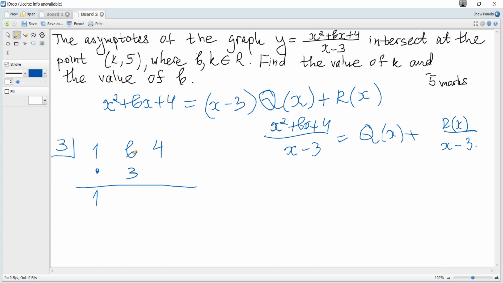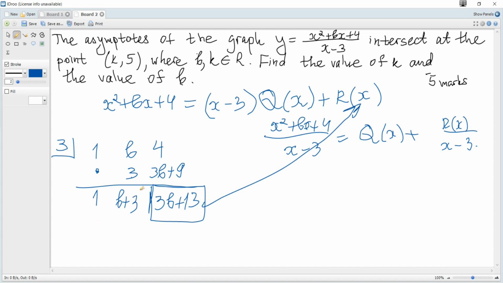It's 3. b plus 3, add these values. Again, this multiplied by 3 and write the answer here. So it's 3b plus 9 and add these values. It becomes 3b plus 13, and it's the last value. It's always the remainder,